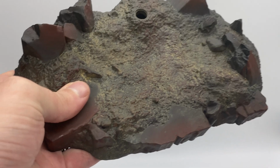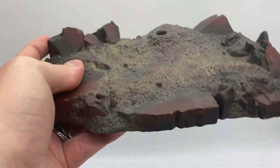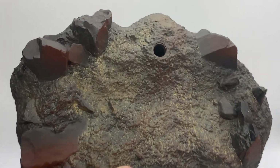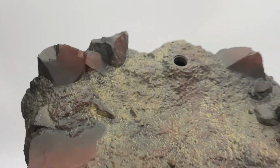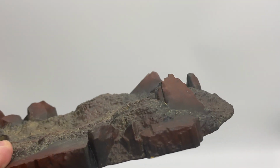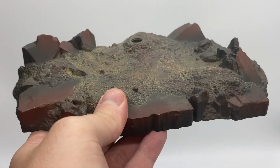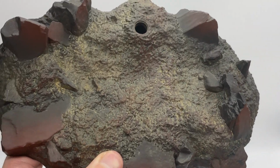Now we do get a diorama stand. Unfortunately, no base with a metal nameplate or anything. Does the bottom? No. The underneath just has the Lucasfilm logos and tells that it's 2023. So it is just a diorama. I don't think we've gotten this before, so that's quite nice. The detailing on the rocks and stuff could be a little bit better, I suppose, but I think it does the job of looking like a crumbled